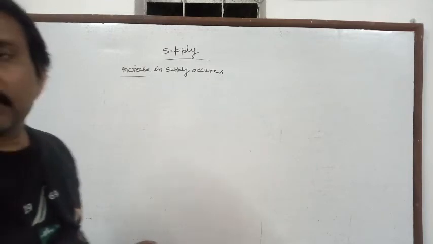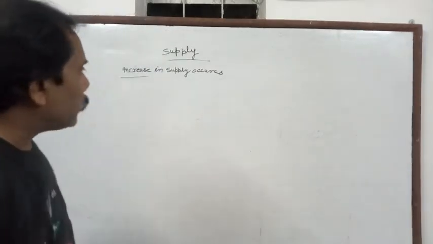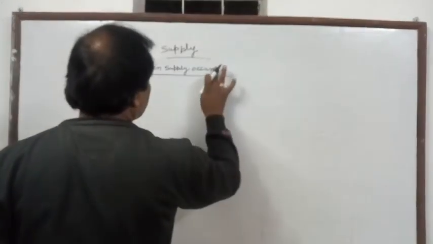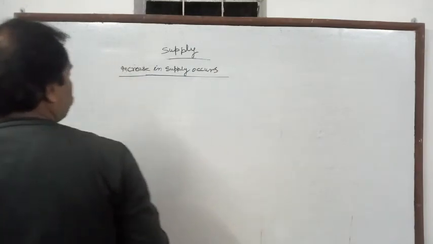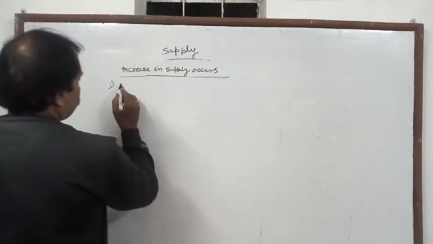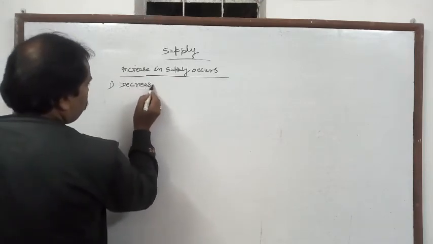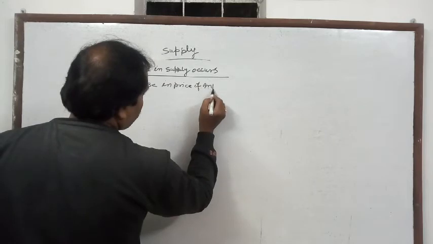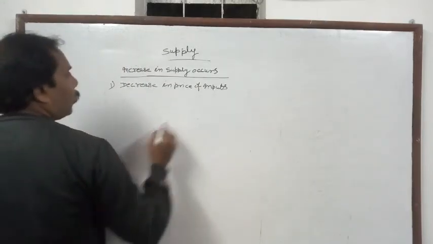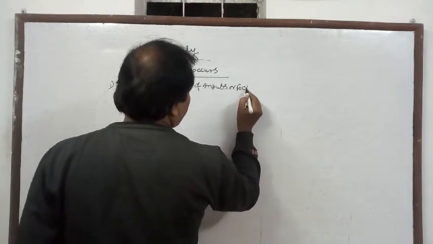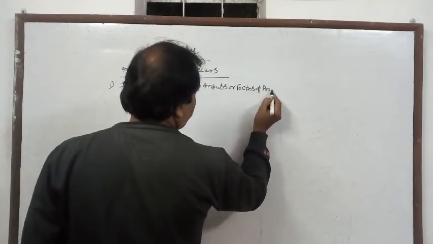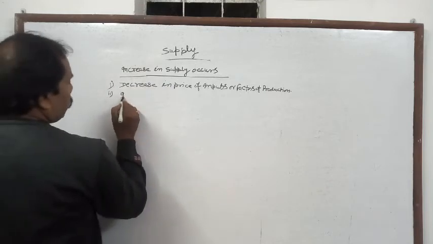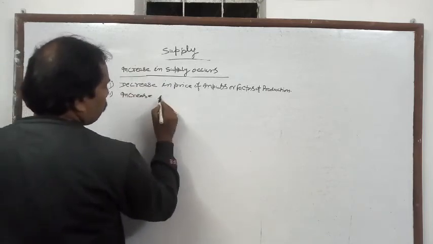Increase in supply, or rightward shift of supply, occurs when, first, increase in number of firms,